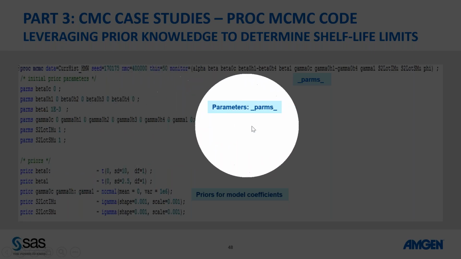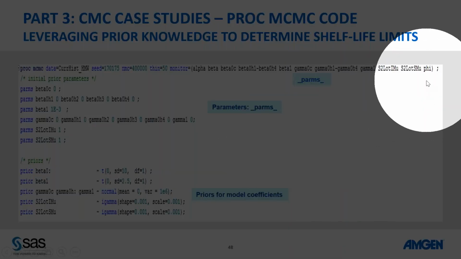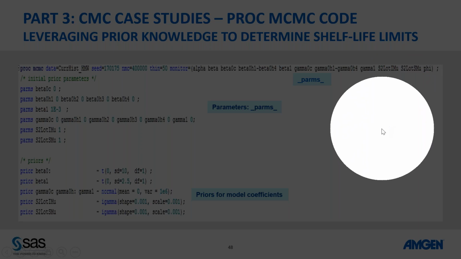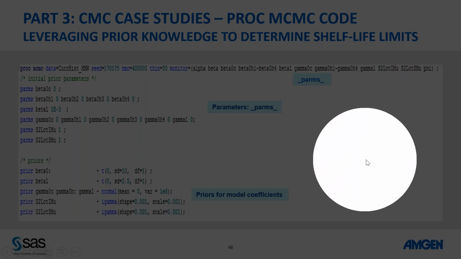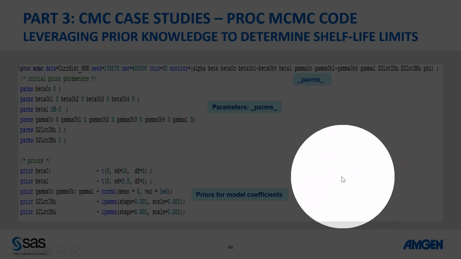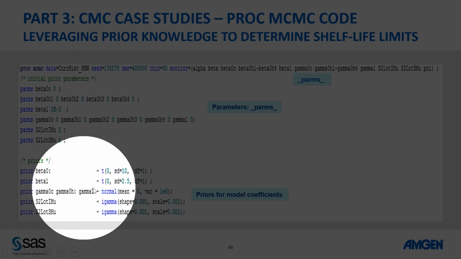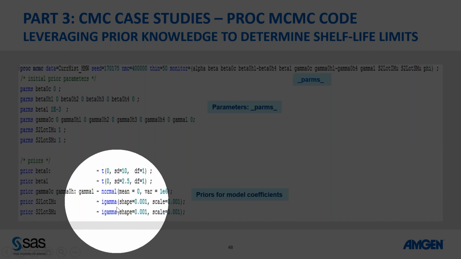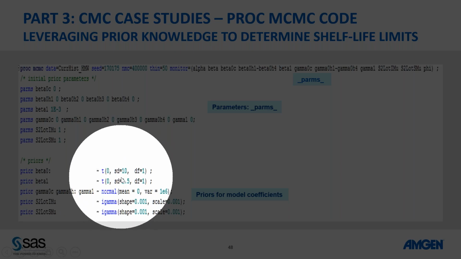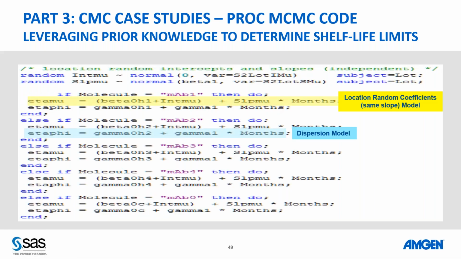You would only use it if you want to monitor additional symbols, like the phi's, to the end of the first line to the right, because by default all the parameters come out in terms of posterior inferences and estimation. But if you want to do something extra, that's what you need the shorthand notation for. And the prior distributions, I think they are fairly standard. So these are the normal, the inverse gamma, the half t, which is very similar to the half Cauchy. Now these are the models.